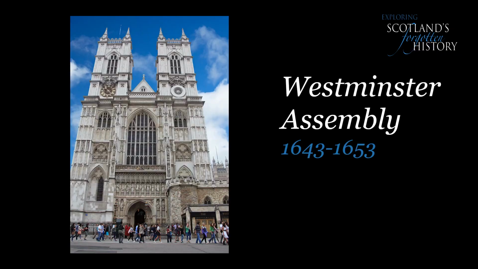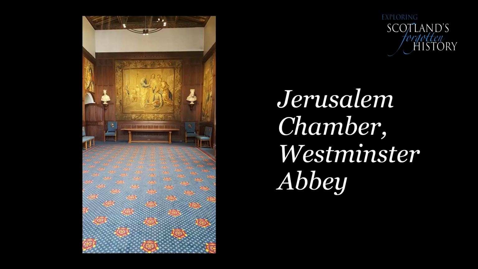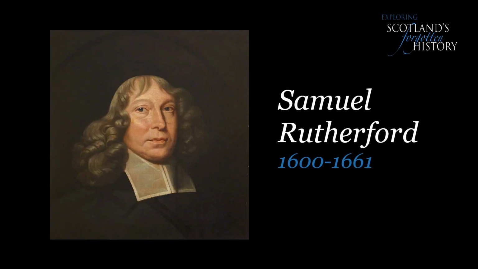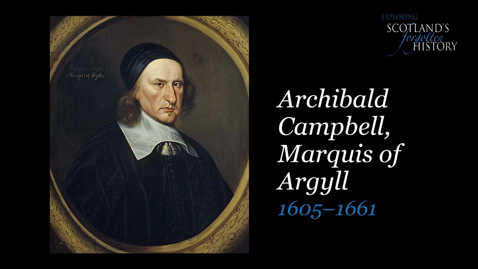As a result of this, the General Assembly of the Church of Scotland sent a small group of ministers and elders to the Westminster Assembly. Now, this Westminster Assembly had been set up by the Long Parliament in July 1643, and their job was to look at reforming the church in England. It consisted mainly of English ministers, but it also had representatives from the House of Lords and from the House of Commons as well. Some of the Scottish ministers and elders who attended were again Alexander Henderson, others like Samuel Rutherford and Archibald Campbell, the Marquis of Argyll, and others.